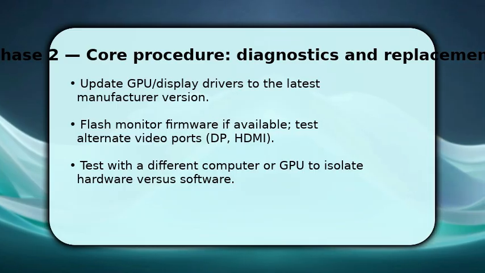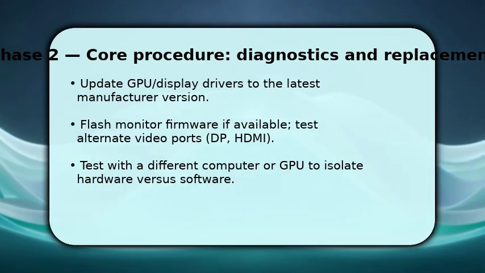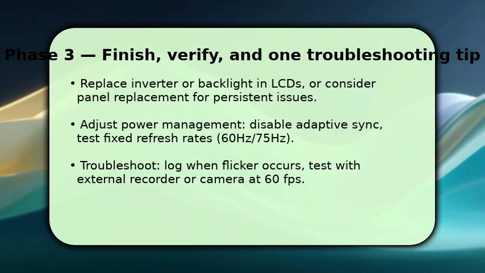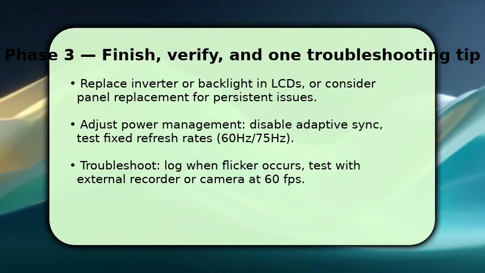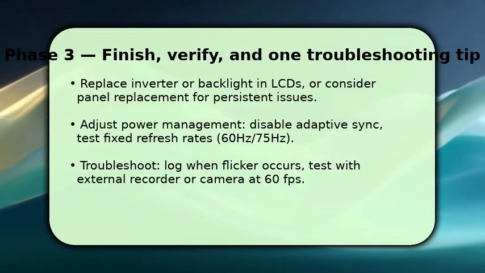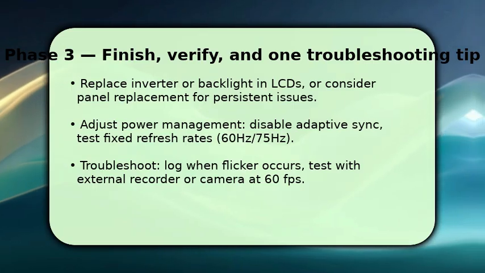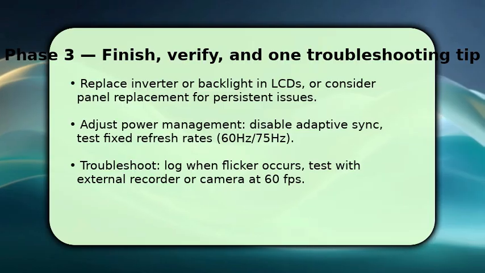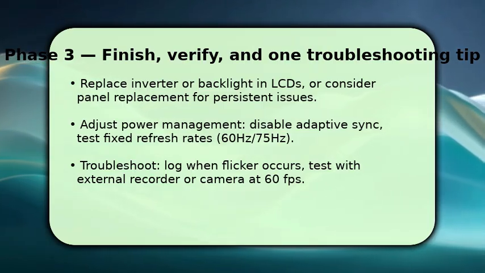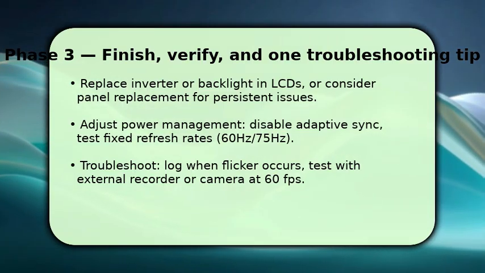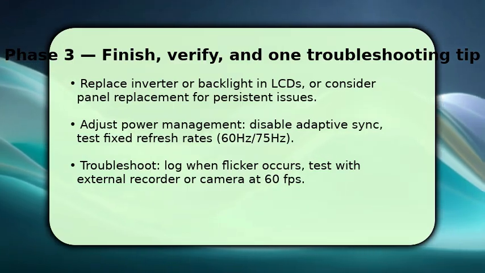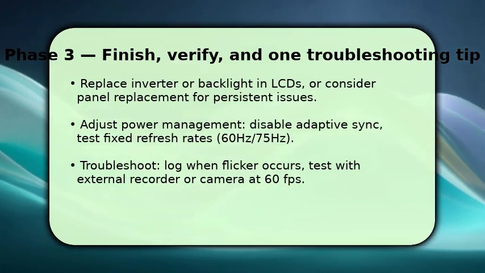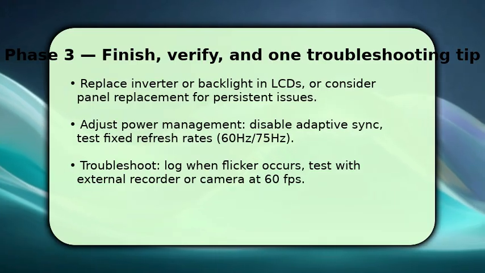If the monitor flickers persistently, replace the inverter or backlight assembly in LED/LCD models, or consider a full panel swap for long-term reliability. Also, disable adaptive sync and test fixed refresh rates such as 60 Hz or 75 Hz to see if it stabilizes. If things still go wrong, here's one key troubleshooting tip. Log the exact conditions when flicker appears and record it with a